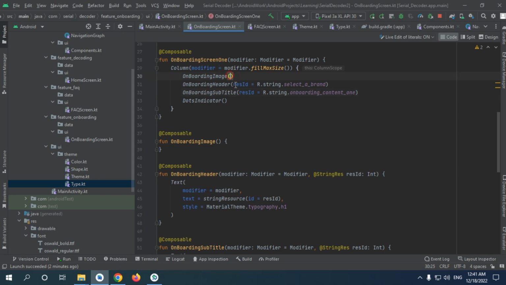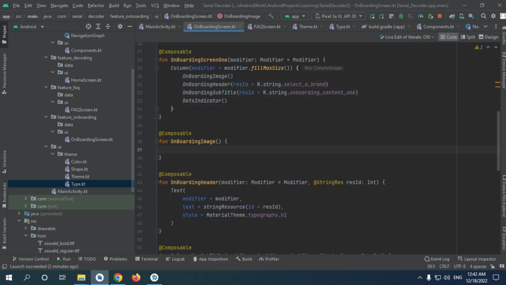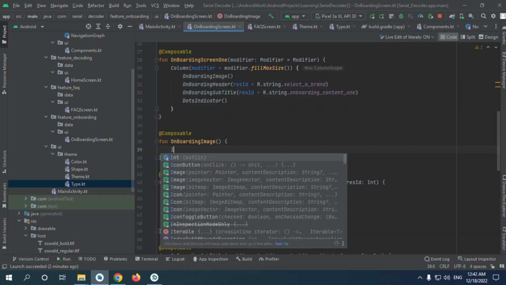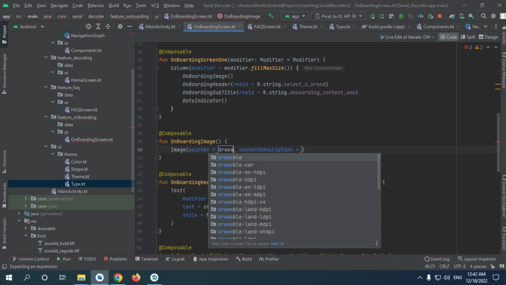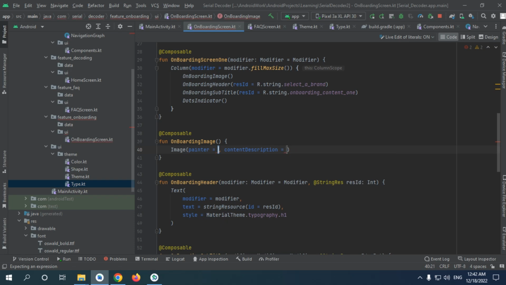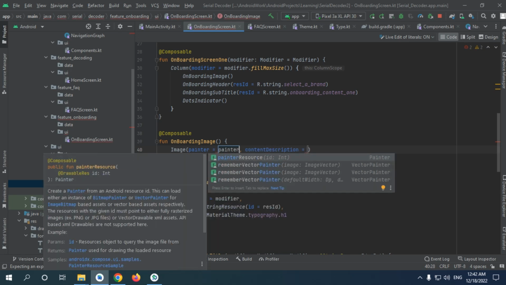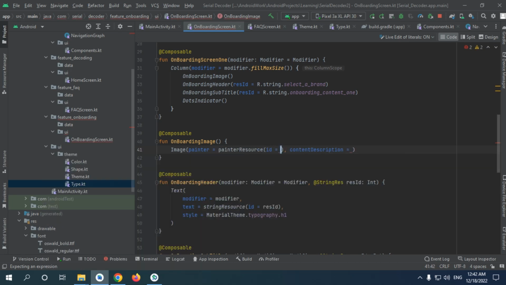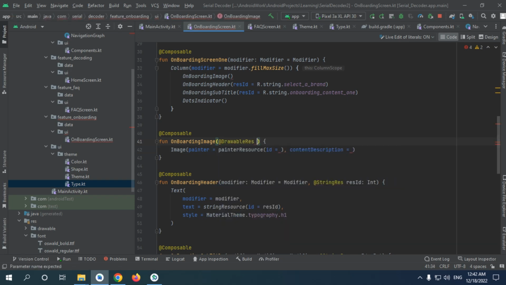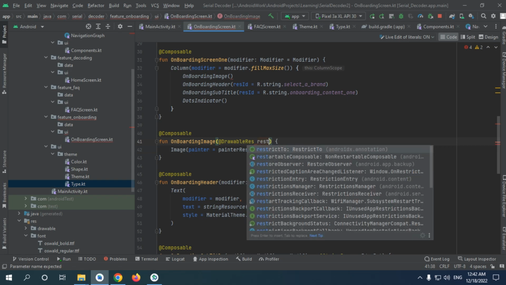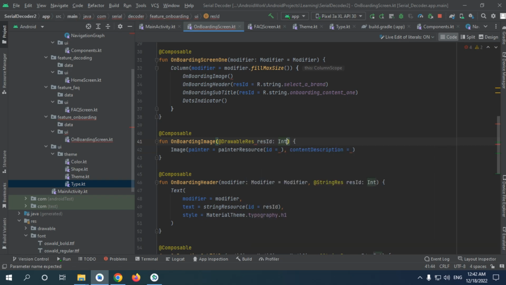Let's make our image here. Gonna be using the image composable, which takes a painter, and this painter is a drawable resource. So we'll use it using painter resource, which will take our ID. So for this one, we're gonna make a drawable resource, and I will say resource ID as well,